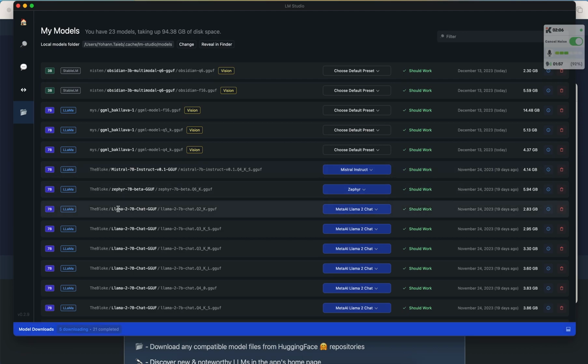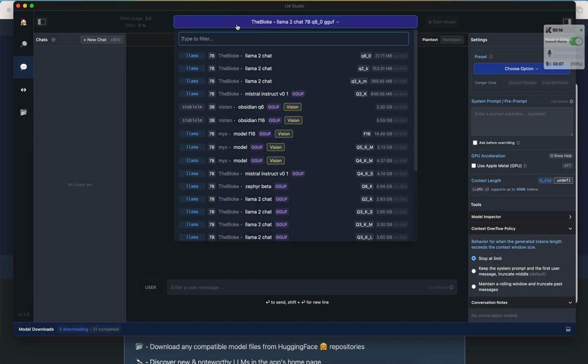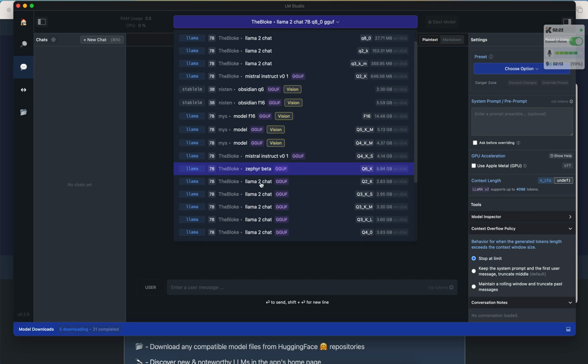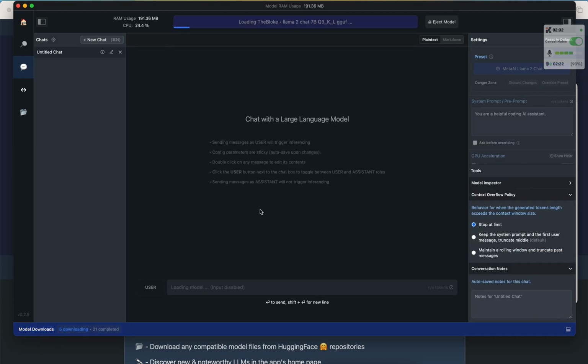Let's go ahead and interact with Llama 2. How would I do that? I'm going to go inside of the chat here. There's a bubble with 3 dots, AI chat. Here, I'm going to select which one I want. You might not see what I see here, but those are the ones you have on your machine. Let's say I want to interact with Llama 2, and I'm going to pick this one, 3.6 gigs. It's not too big, it's not too small, so the reply would be quick enough, but not